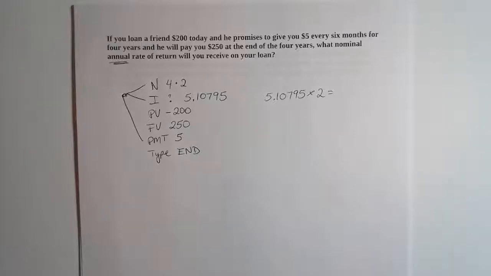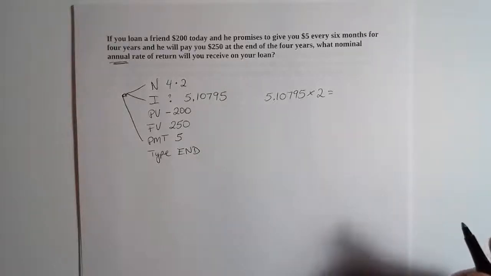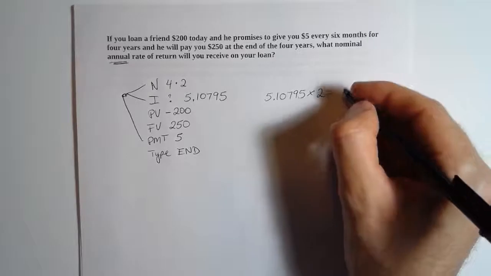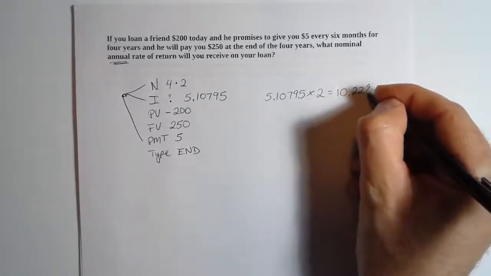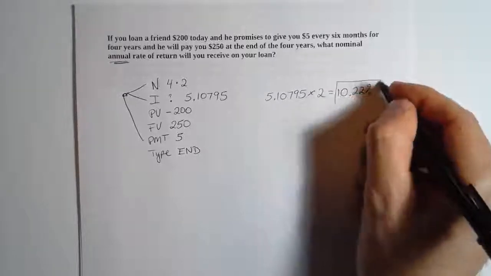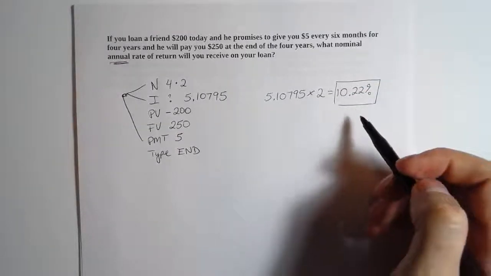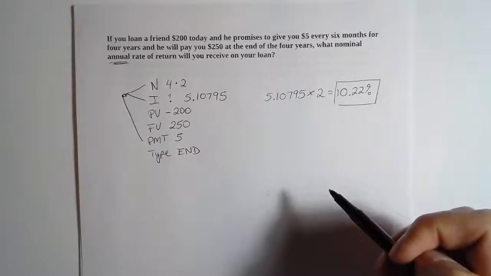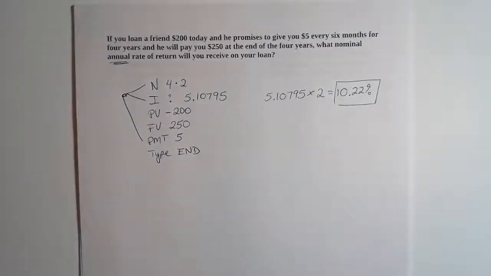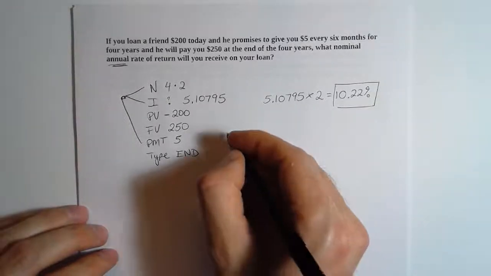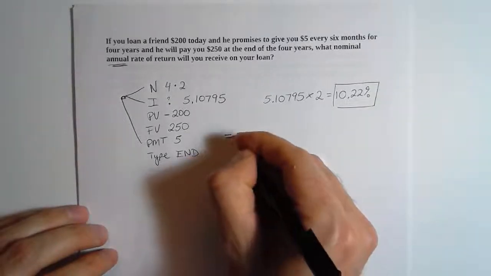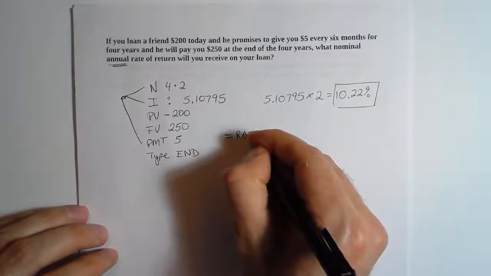Okay, so if you paused the video, or perhaps worked fast, then what you should have gotten was a rate of 10.22%. So that would be our nominal annual rate of return received on this loan to your friend. Now, we could also try solving this in Excel. So if we're going to try this in Excel, the formula that we're going to need is equals rate